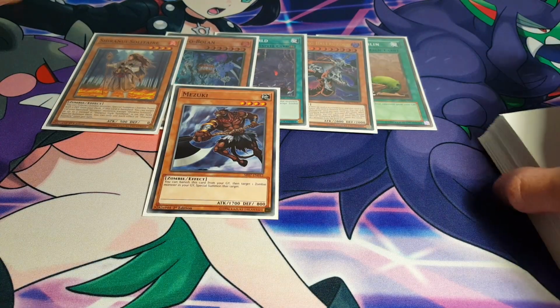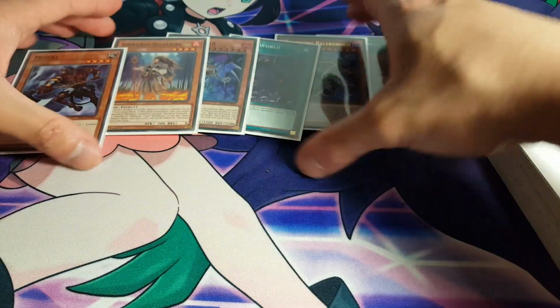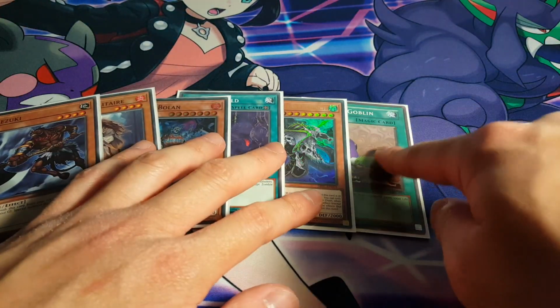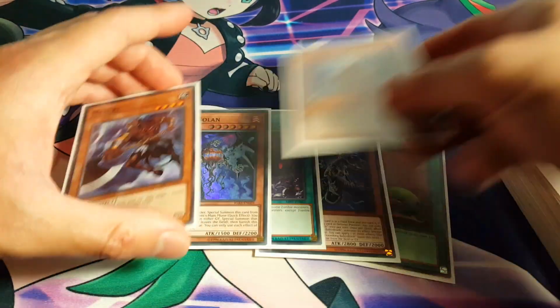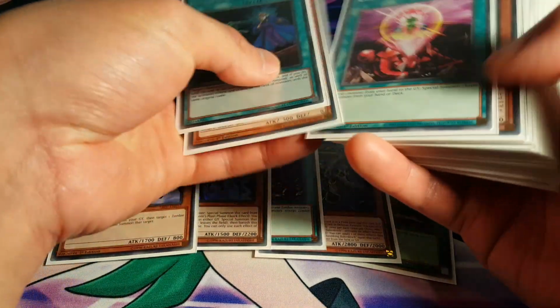Alright, so here's an opening hand. It's not bad, but I guess we'll just have to find out. So let's see what we can do here. It's best to wait until you deck thin before you activate the Upstart Goblin. So in this case we're going to go for the Shirinu again, tribute it off, summon out our Unizombie,